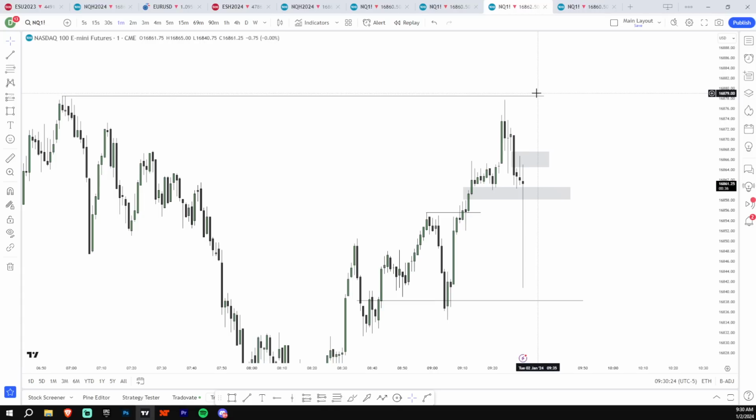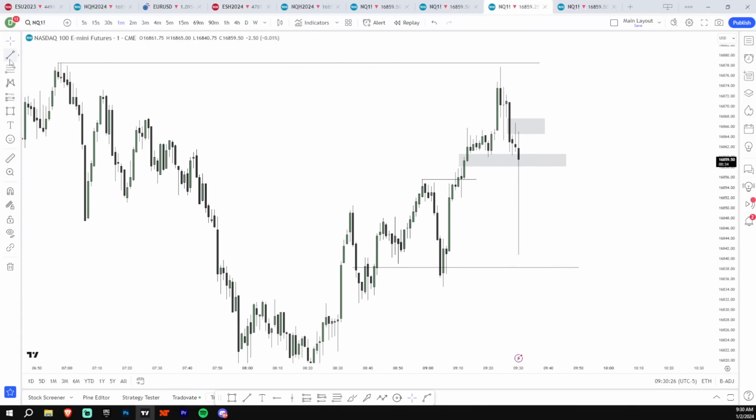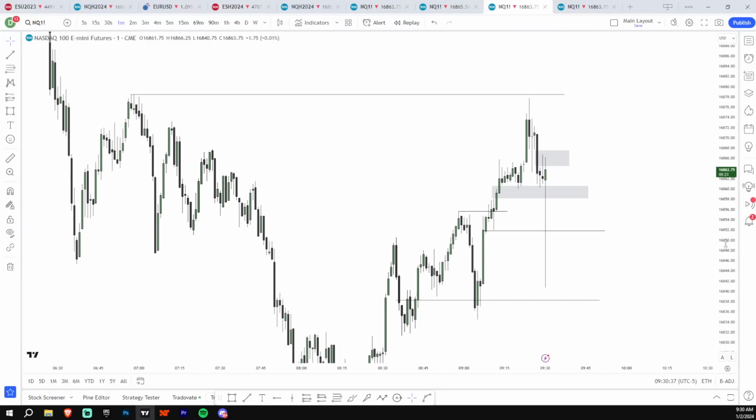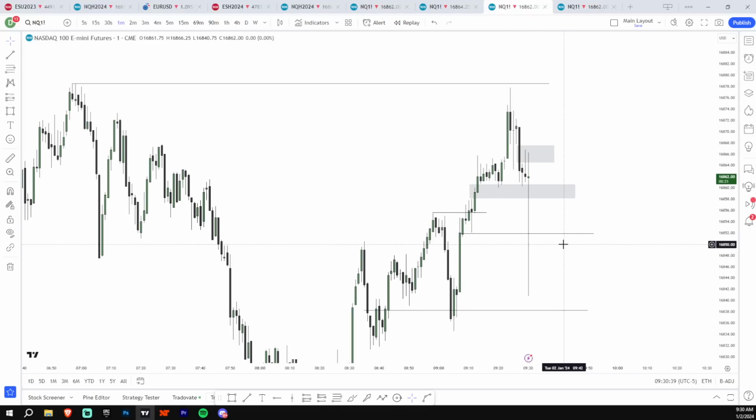We could still hit this high now and I'd still be wrong because the entry was here, so you would have gotten stopped out at break even anyways. So even if we hit the high now, the trailing stop would have overall helped you, because you would have gotten stopped out anyways on that wick. Even if we go up and hit this high, I'm still wrong.